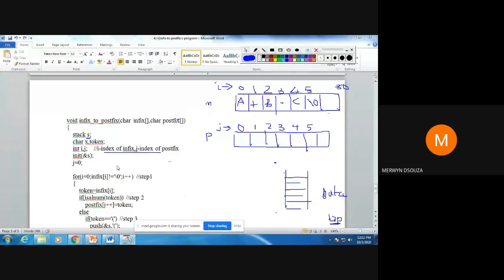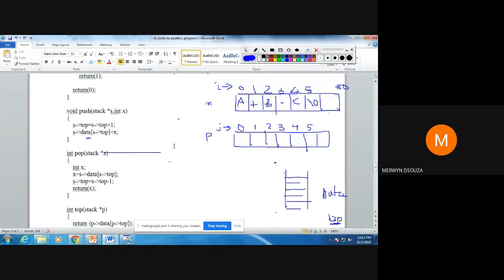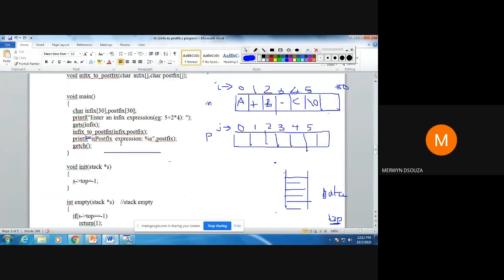The address of the variable can only be stored in one special type of variable known as a pointer. So therefore here I defined my variable as a pointer, s. So the address can be stored in this pointer.